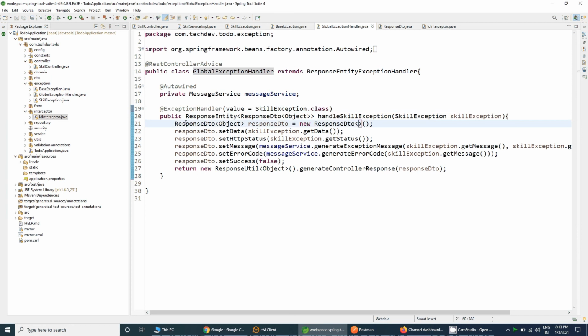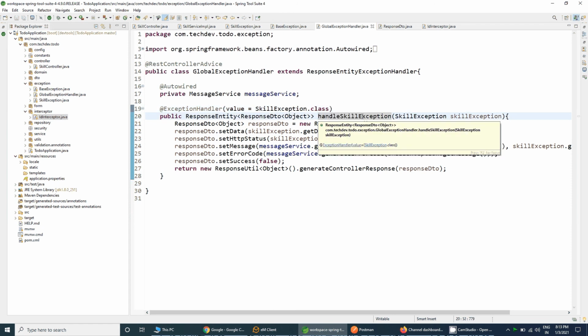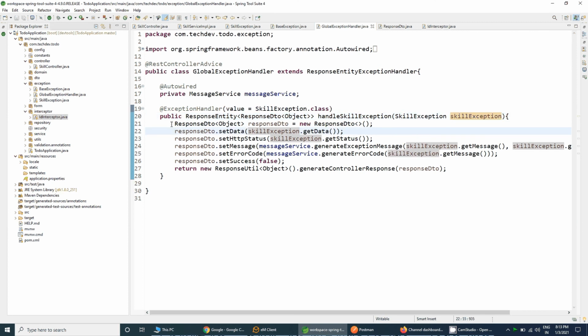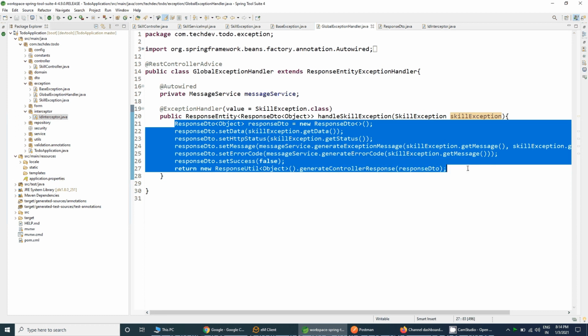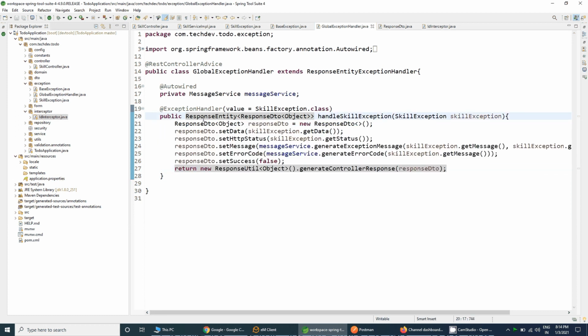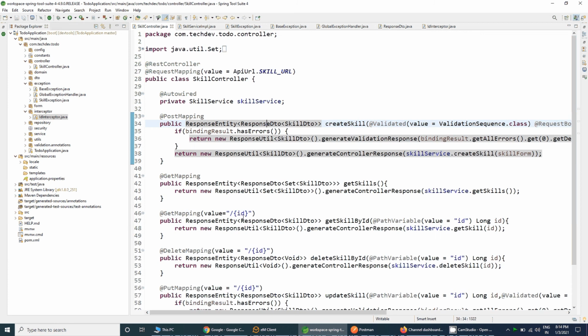So I said that the exception handler annotation will handle the skill exception, and that skill exception will be handled by this method, that is handle skill exception, that will contain the object of skill exception. So for now, what we need to do? We need to return the actual response which we generally return through the controller side. Means the response entity of type response DTO, in which response DTO data will be of type like any other